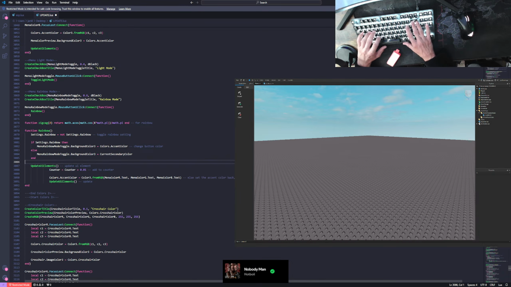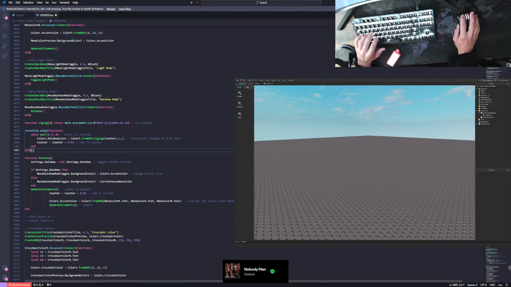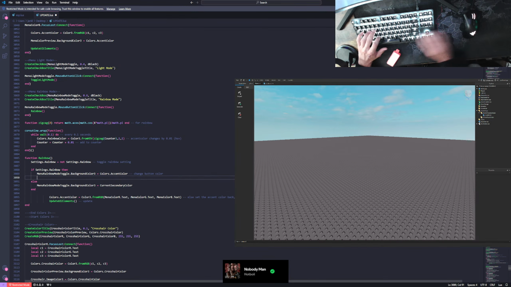I can take this out of this function so that it doesn't do that. And then what I can do down here is say if rainbow mode, then change the button color